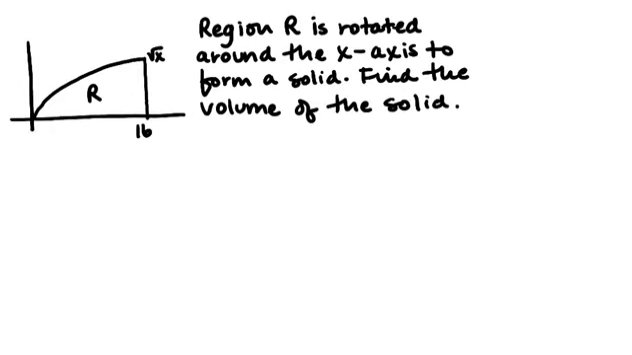Okay, so the first example I'm going to give you is really probably one of the first examples you're going to see in any Cal 1 course. We're going to start by rotating the graph of y equals square root x around the x-axis to form a solid. Okay, so you can think that that's going to look kind of like, I don't